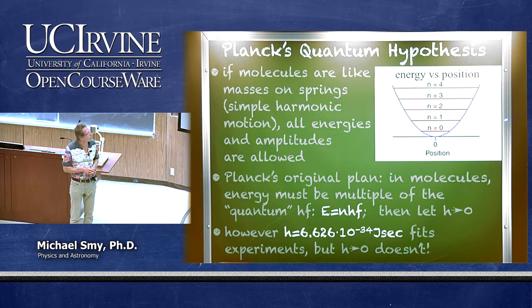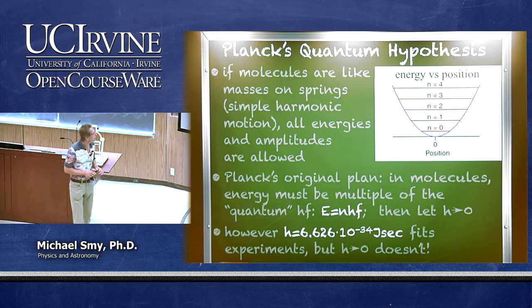However, Planck assumed that only energies, which is plotted vertically, on those red lines are allowed. And you can sort of number them. So this is the ground level, then this is 1 times h times c over lambda,